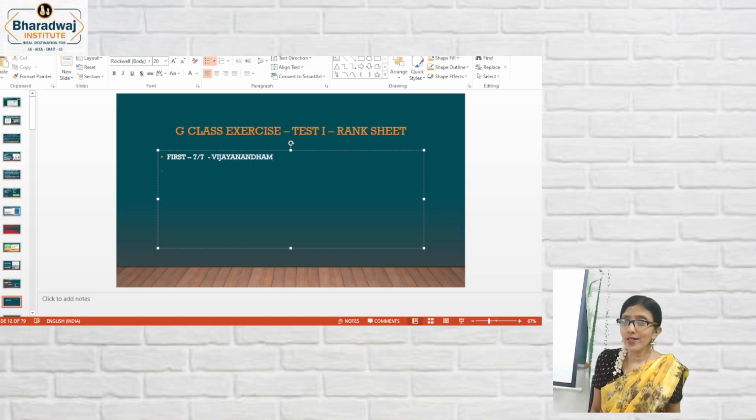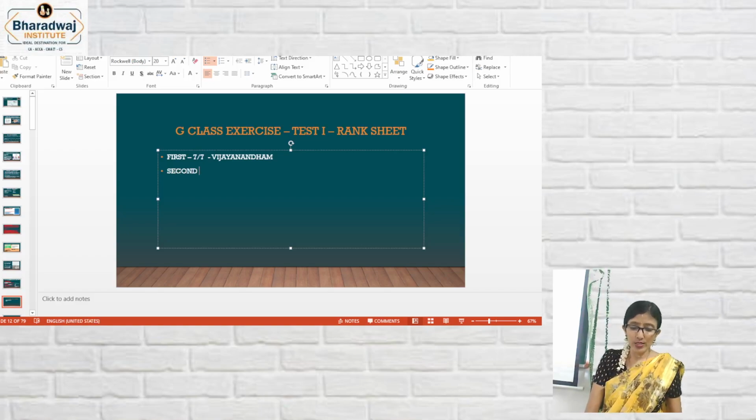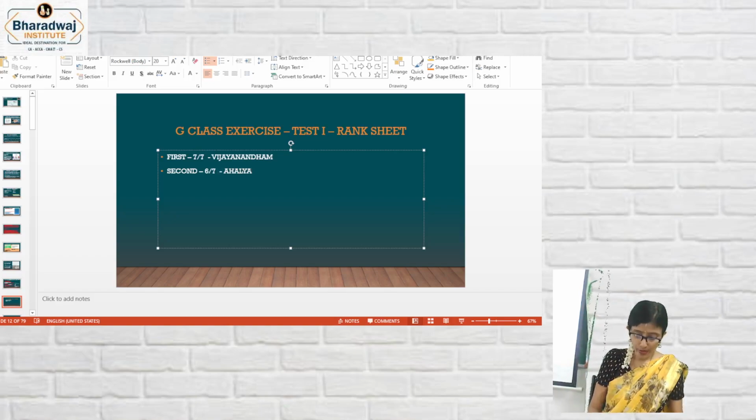Okay. 6 on 7. Okay. So Ahalya and who is this? 6 on 7. Very good score again. Akshaya, no? Don't mind my spelling. It's a prayer to the universe that you should get ranks. Vidyulata, no? She was a very, very meticulous worker from day one. Vidyulata, I hope you get a rank also.